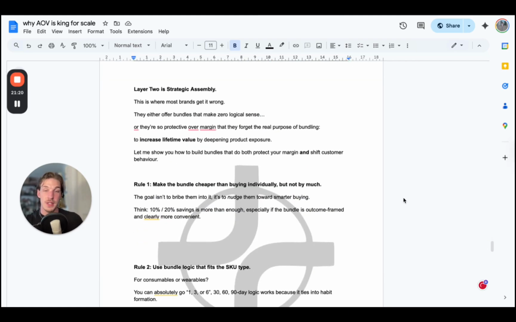So layer 2 is the strategic assembly. This is where most brands get it wrong. So they either offer bundles that make zero logical sense, just a random mishmash of products put together, or they're so protective over the margins that they forget the real purpose of your bundling. It's to increase lifetime value, not just your average order value, right? So how you do that is by deepening the product exposure. So let me show you how to build those bundles that do both: protect your margin and shift your customers'